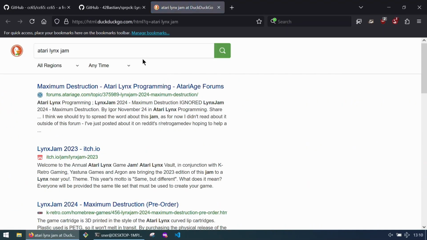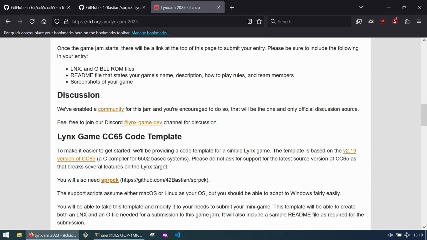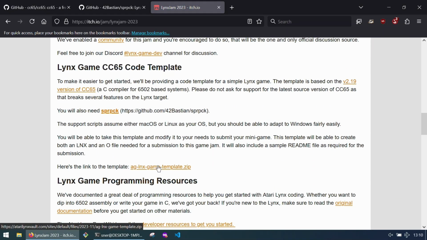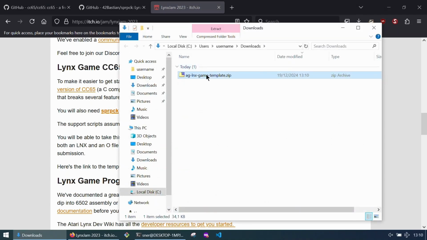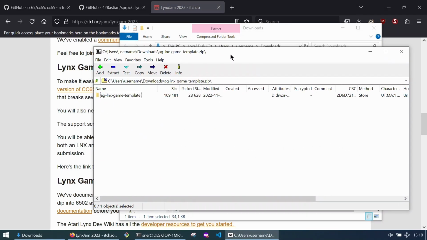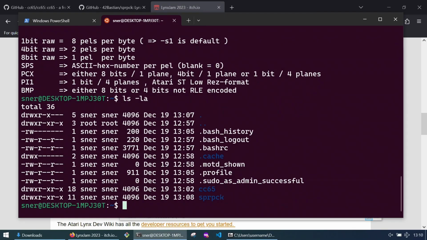Okay, next step. We want to download a template. You can find it if you just look for the Lynx jam on itch.io. And go down here and download the game template. Now, this template we want to extract into our home folder right here. So an easy way to do this is to type in